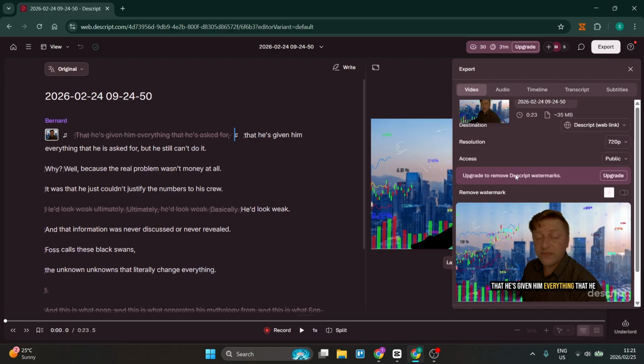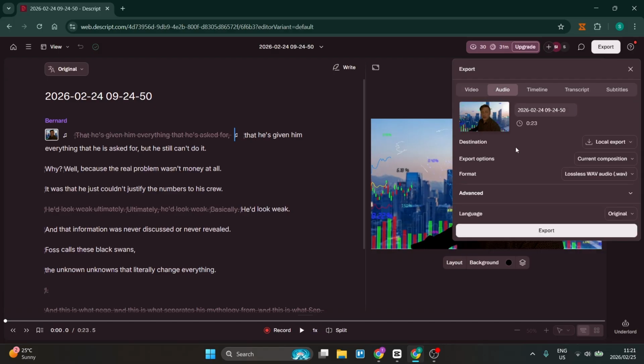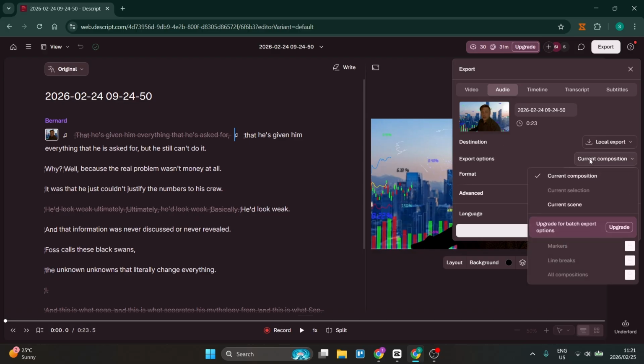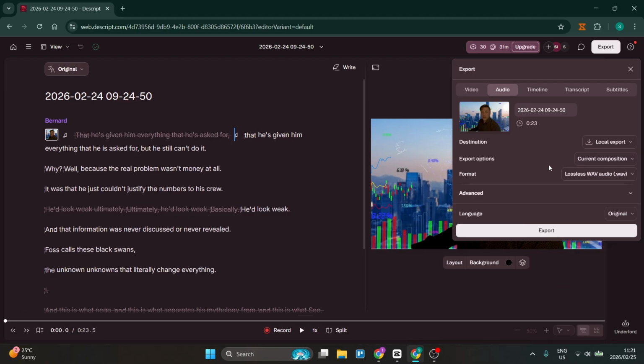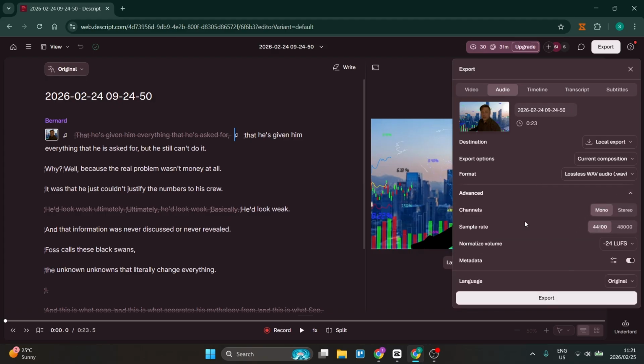Now, if you want to just export the audio, click on audio, choose your destination. You have some export options. So either your current composition, you can also see over here that you can have your current scene, and then you can also upgrade for additional options. You can change your format as well as some more advanced options such as channel sample rate. You can also normalize your volume, and then you can go ahead and add in the metadata and change the